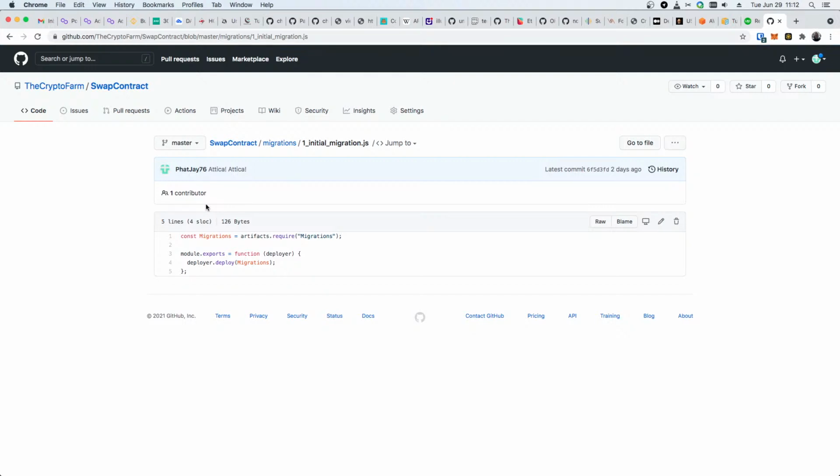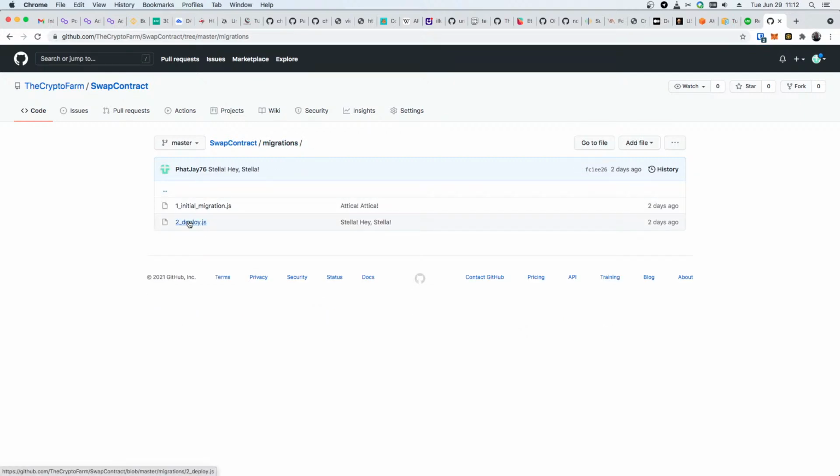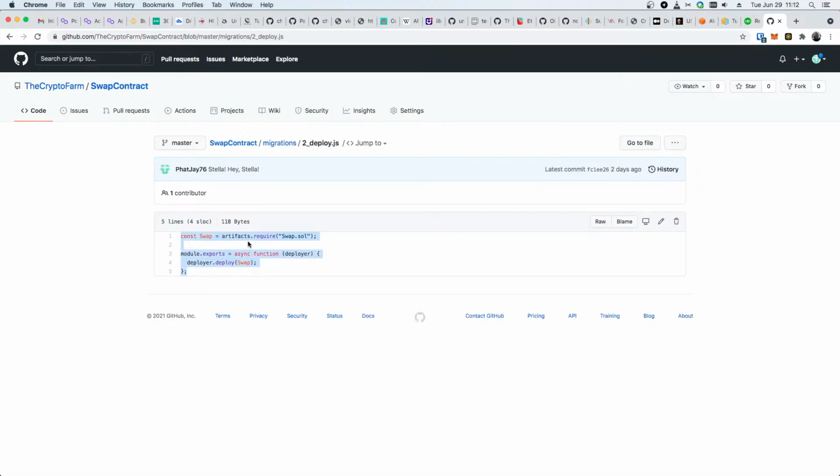So now the migrations is a construct that, all it does, and you'll see something very similar here and again in a minute, but you can do more in this file, but we don't need to do more for the migrations in particular. But this is your starting point of what has to happen to deploy the contract. And then in our case, the second option is going to be deploy. And again here, you can see it's default. I didn't change it other than making this say swap here and making this a sync and swap here,